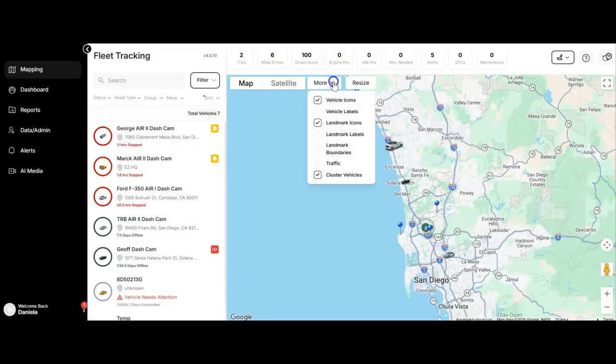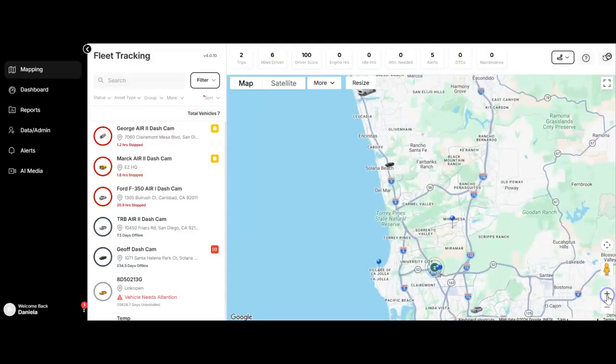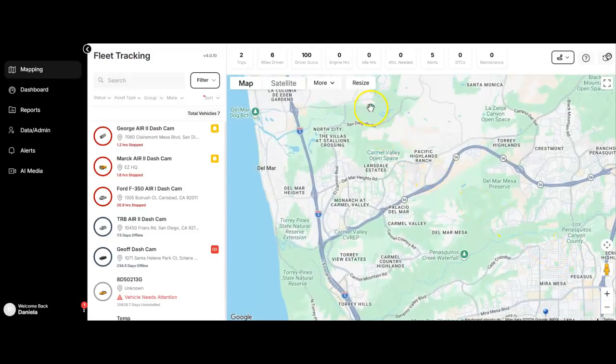Use the cluster option to cluster nearby vehicles and provide a cleaner view. Hovering over a cluster shows which vehicles are included in the cluster. If you have zoomed in on an area, click Resize to return to the default view with all vehicles visible